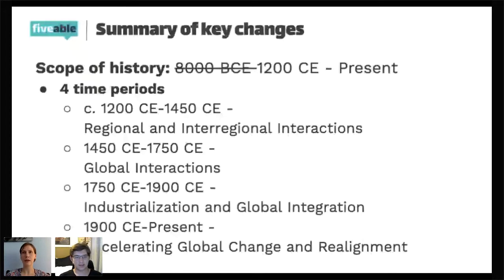We're also dropping from 6 time periods to 4 time periods. I noticed the original announcement for this big change had us starting at 1450, and so I'm pretty stoked to see that we got to preserve at least a little bit more world history going back to 1200. Are you satisfied with that kind of compromise there, Dylan, or are you still pretty bummed? I mean, I'd rather it start at 8,000. Yeah. But it's better than 1450.